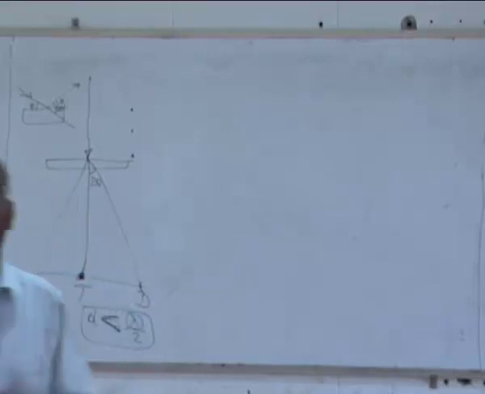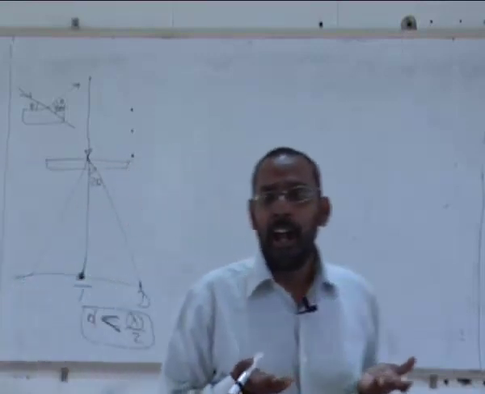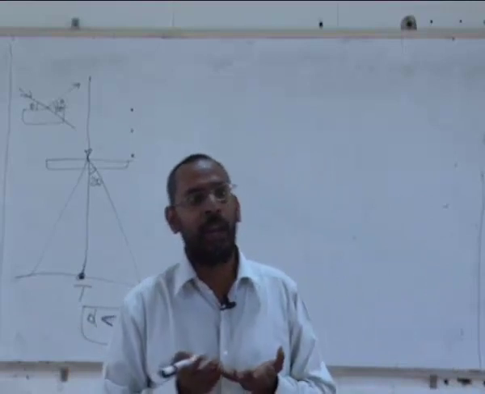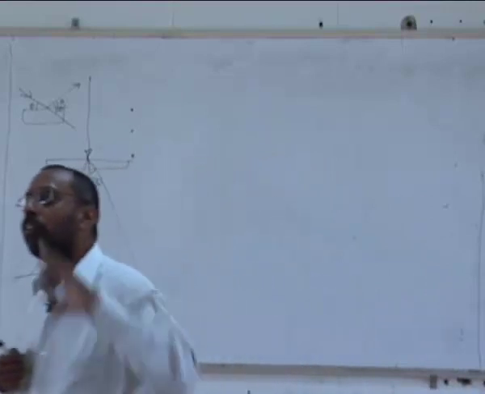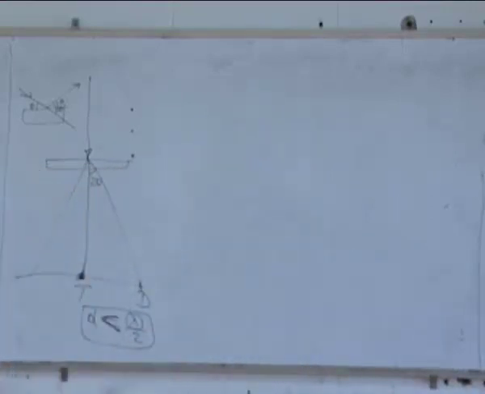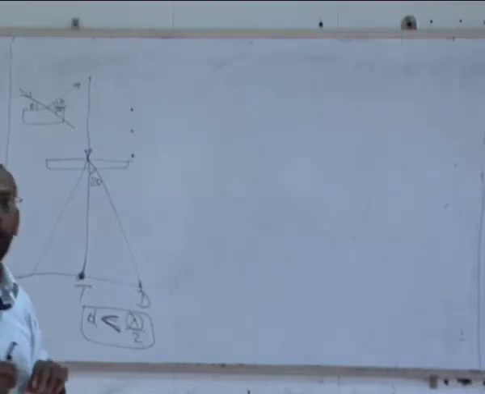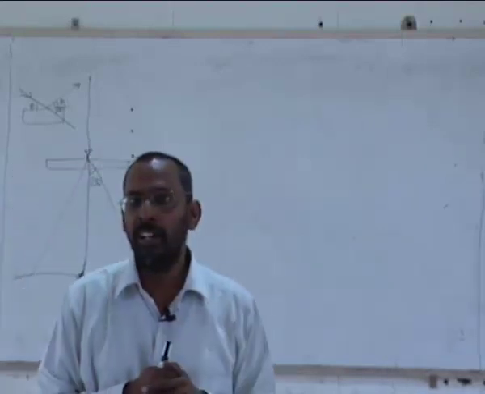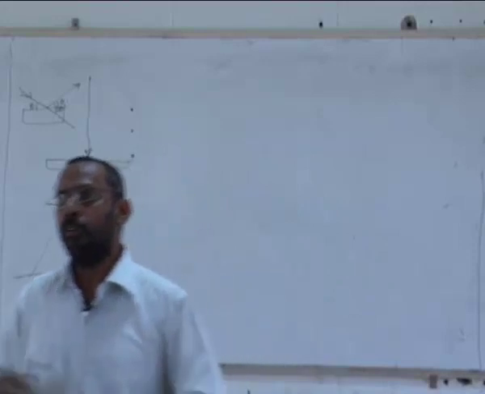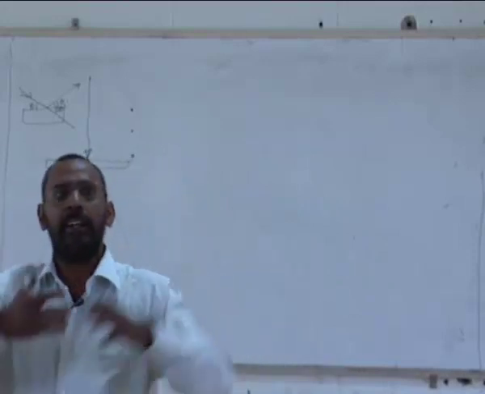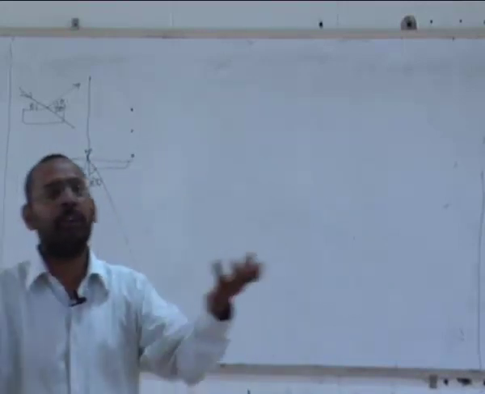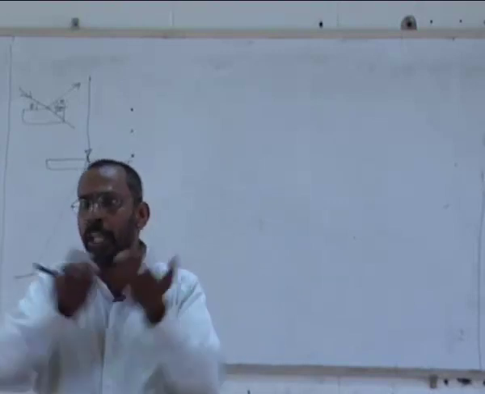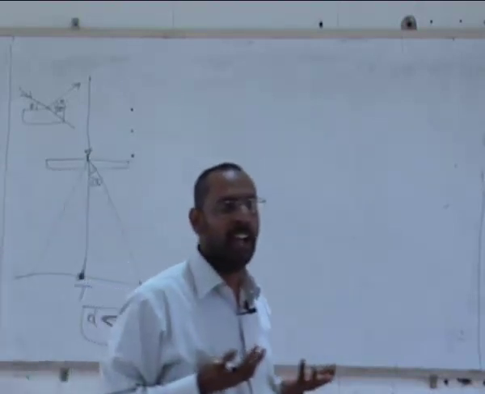We said if you can look at a diffraction pattern, and by looking at the symmetry in the diffraction pattern, you can get to know what possibly is the crystal structure. And if you want to confirm that crystal structure, you can tilt your sample to some other angles, get the diffraction patterns coming from some other planes, and by knowing the symmetries of those planes, I will be able to know.